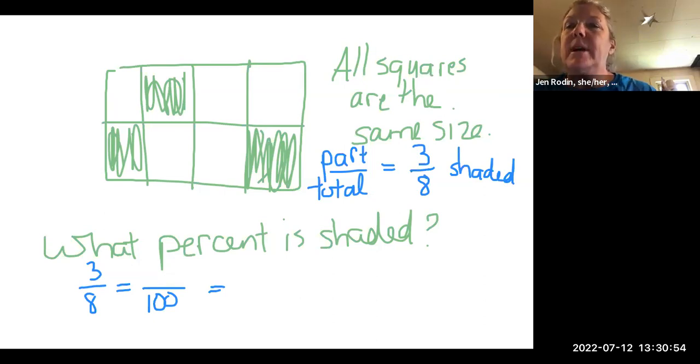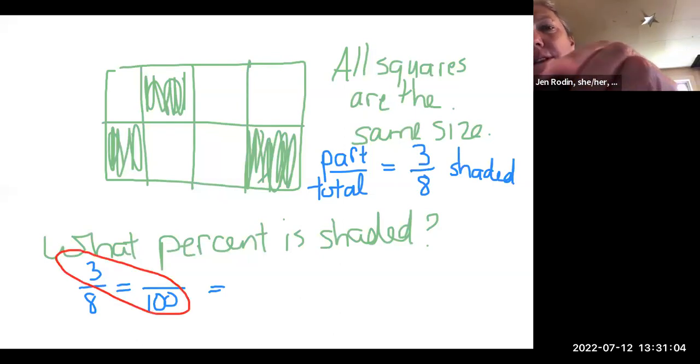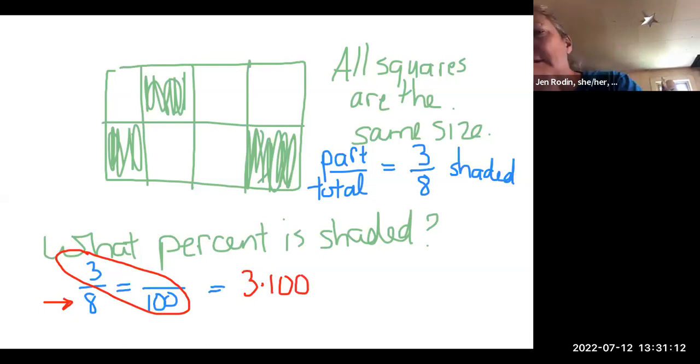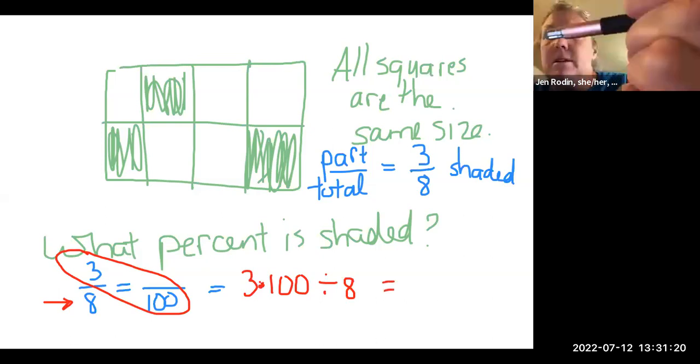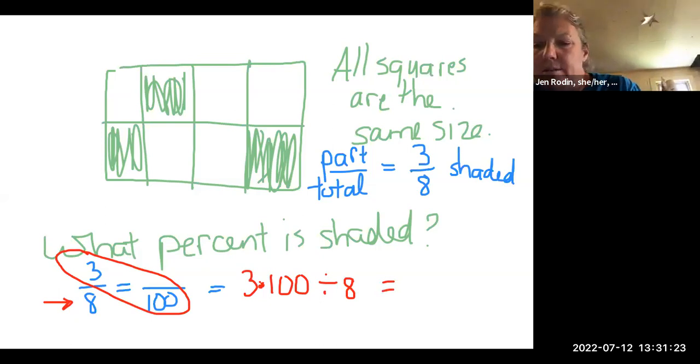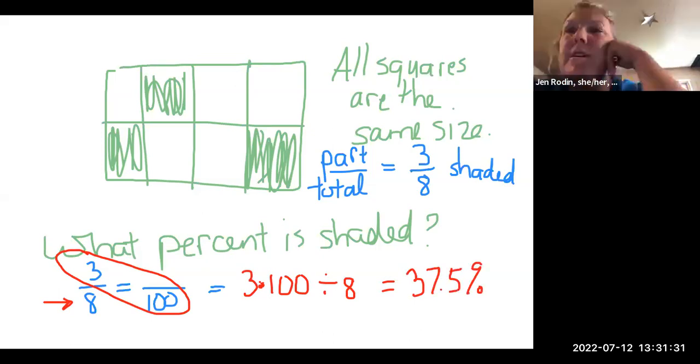And this, you might do it 2 different ways. So you could do it this cross multiplying way, and then here's the quicker way of doing this. Multiply the 2 that are present on the diagonal and then divide by that one. So you take 3, and this happens a lot in science class. You might have done it before, solving a proportion. 3 times 100 divided by 8, and that'll be your answer. So it's 37.5%,